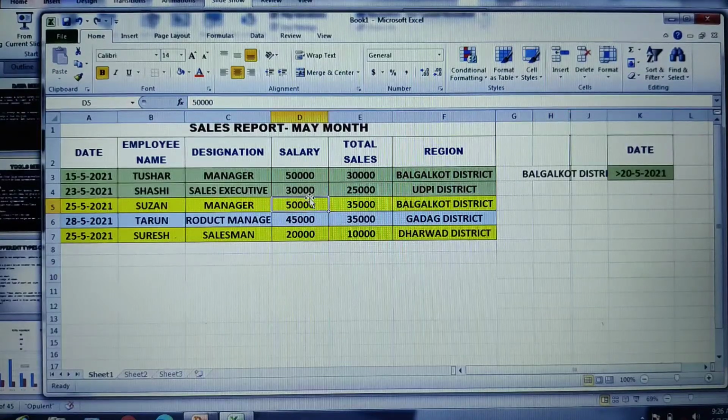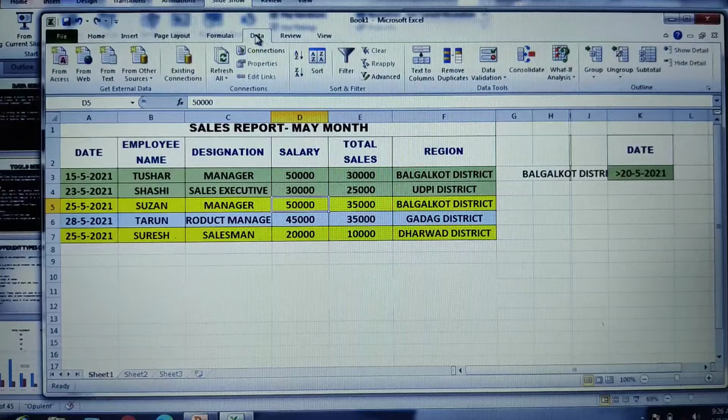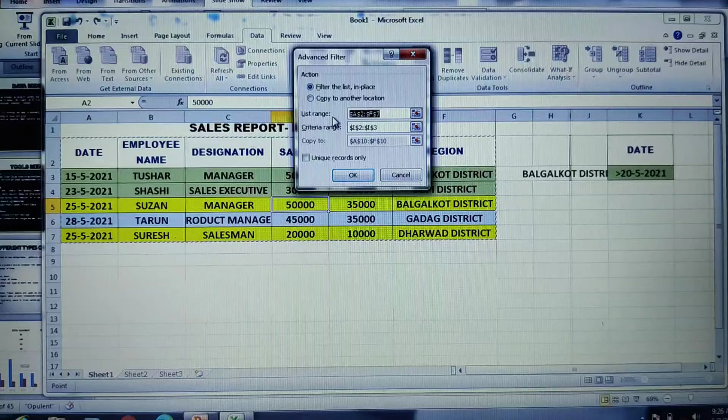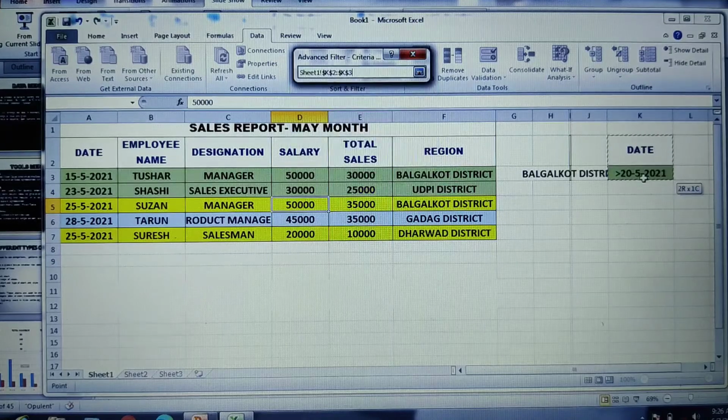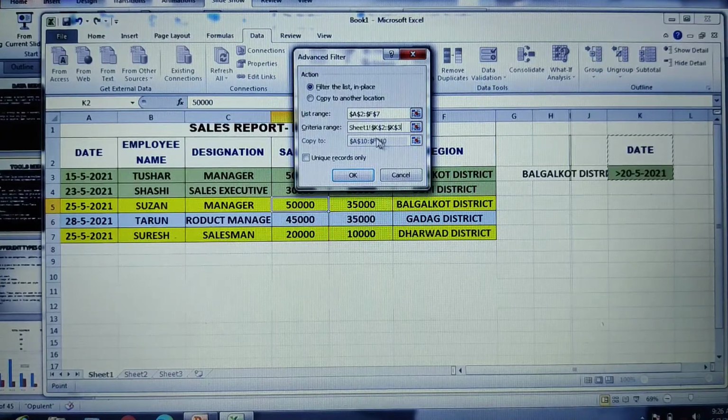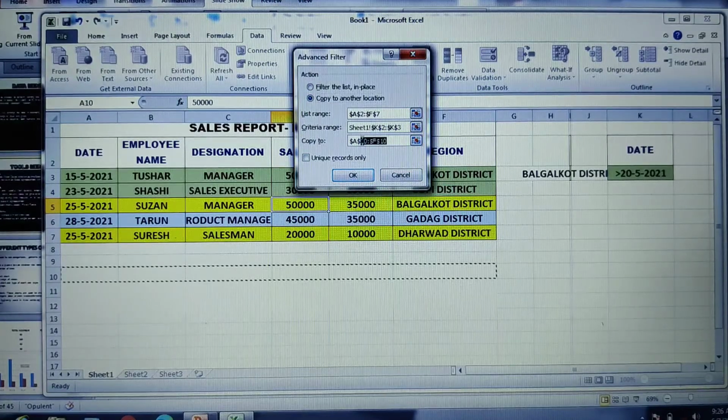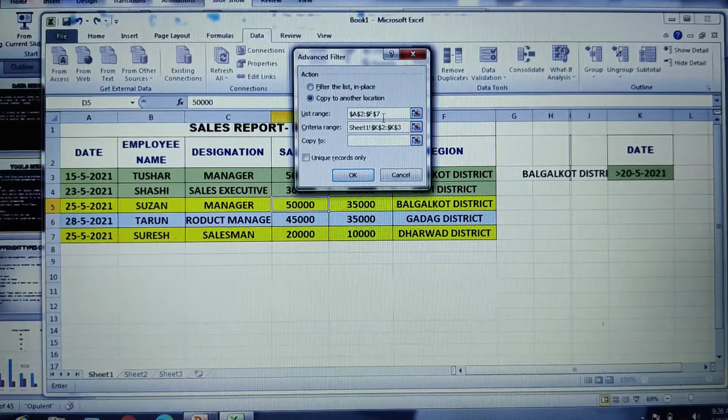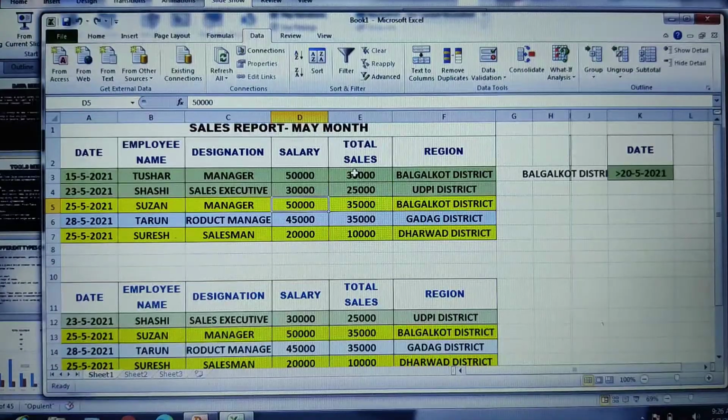Then what I'll do, I'll just place a cursor onto my table, go to the data option here. Go to the advanced filter option here, list range. That is, from this table you want to have an advanced filter. Click the criteria. Now what is my criteria range? My criteria range lies here. So choose your criteria range, and you want to copy it into another location where you would like to place it. So I'll just choose the location here where I would like to place it and click onto the okay.